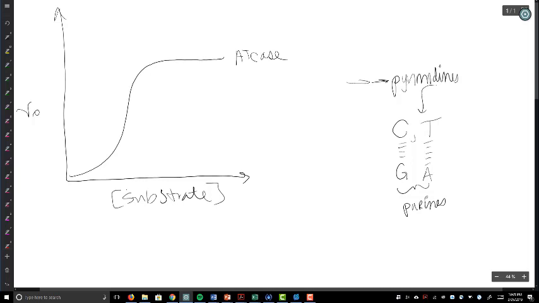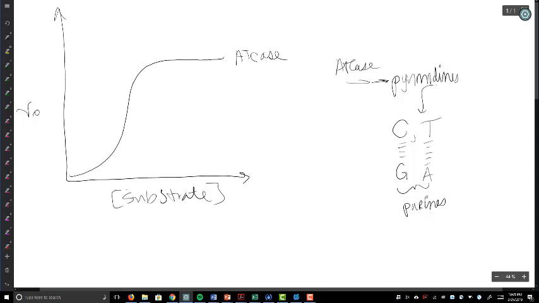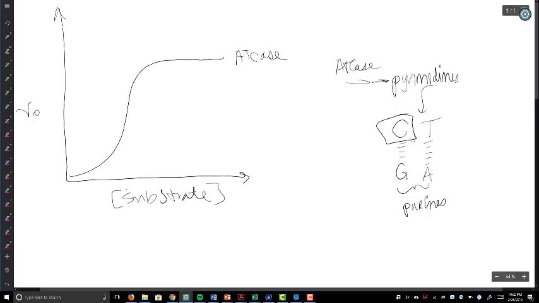So why are we talking about this? Well, it's because, again, ATCase catalyzes the first committed step of pyrimidine synthesis. And so it turns out that both a downstream product of ATCase, specifically CTP, and one of the complementary bases to the downstream products of pyrimidines, purines, specifically ATP, possess the ability to modulate ATCase